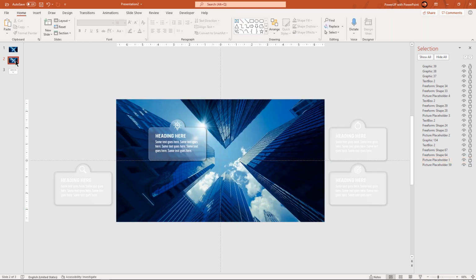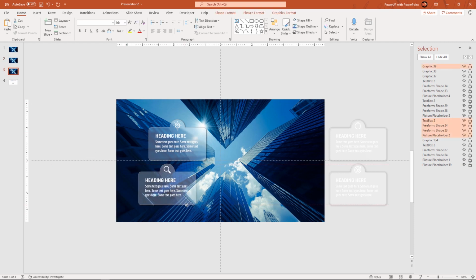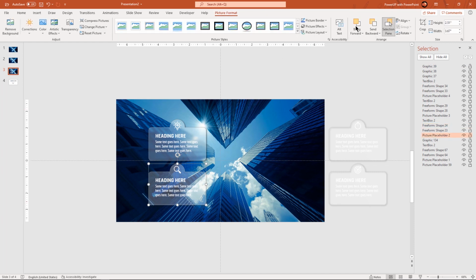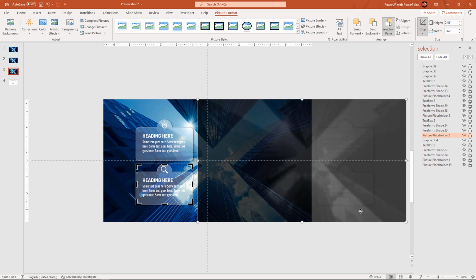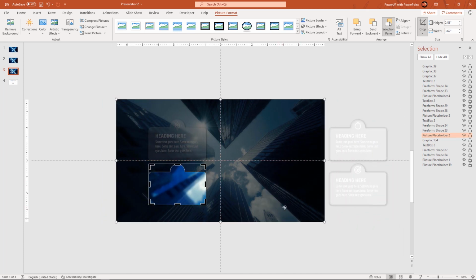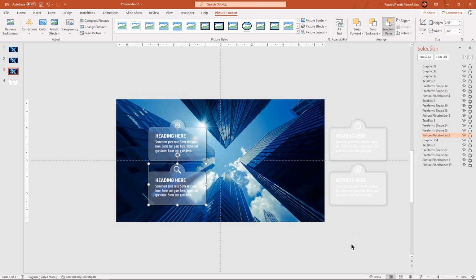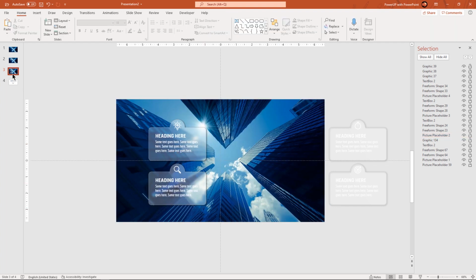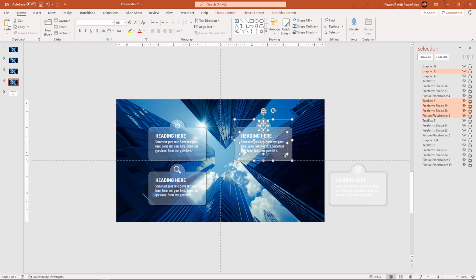Next, duplicate the second slide and move all second set of shapes to its final position of animation. Again go to picture placeholder and realign its image with the background. Similarly, duplicate the third slide, move all third set of shapes to its final position of animation and then realign its image.